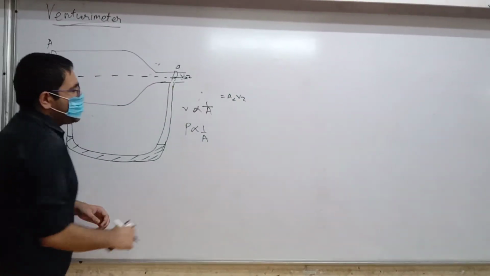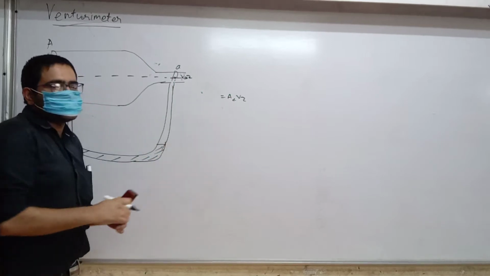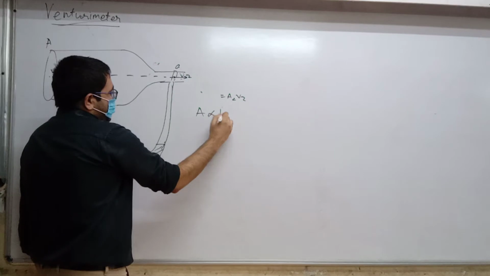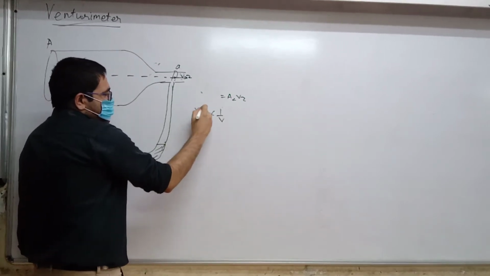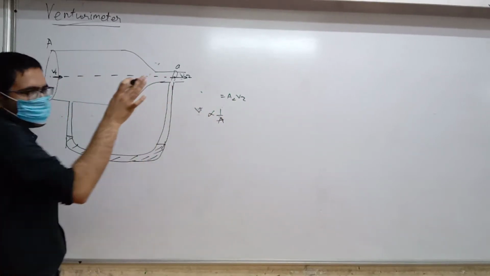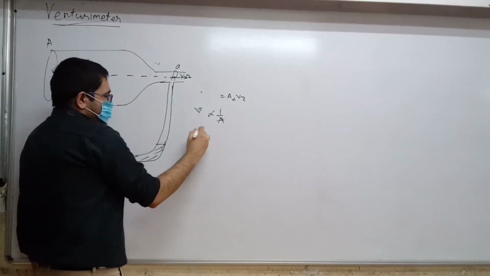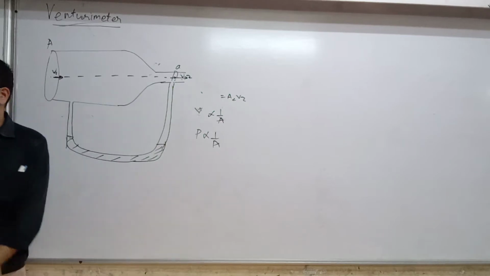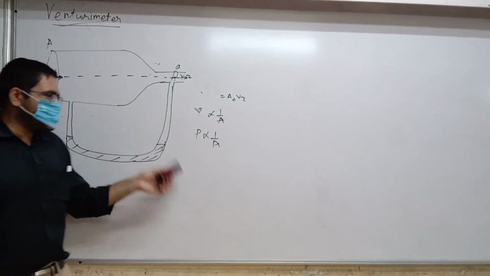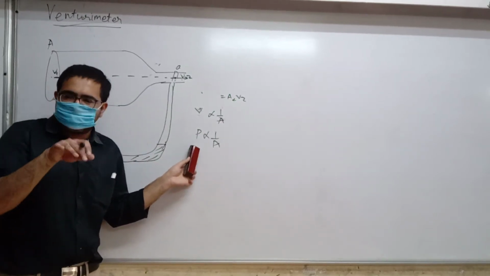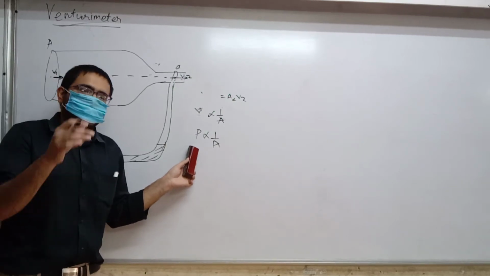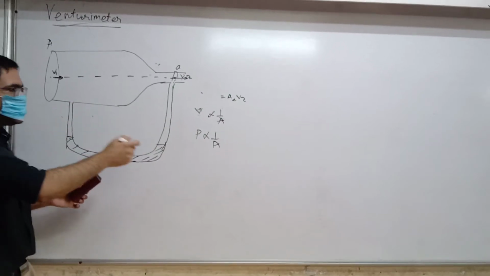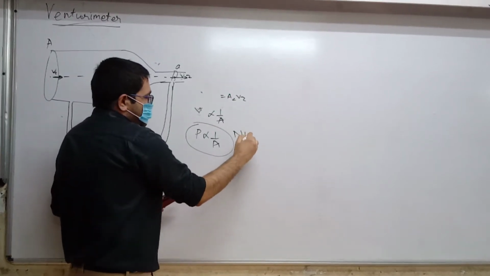So there are a few mistakes in these steps. First of all, there is no doubt that A is proportional to 1 by V, or V is proportional to 1 by A. The second thing is that pressure is not proportional to 1 by area just like that. For this, it is necessary that something is applying force and that force is the same, which is not true here. So saying this itself is not valid.